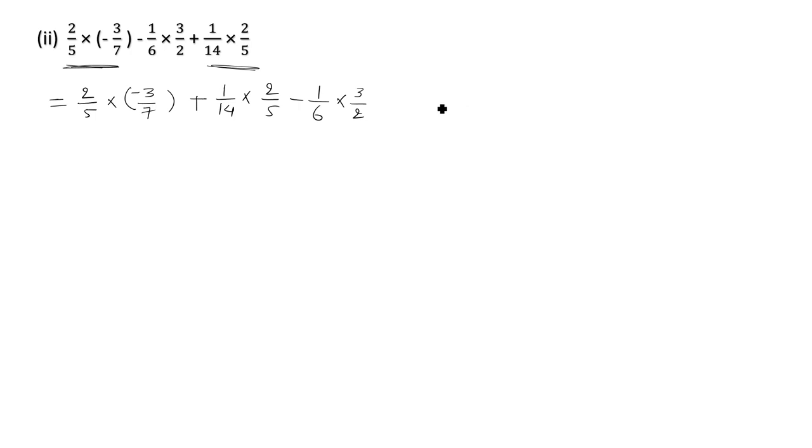Changing the order means, which property do we use to change the order? That is the commutative property. So we are using the commutative property, so we write commutative property. And what is the commutative property? A plus B equal to B plus A. Here we can change the order. So similarly here, last part we write second, change the order. So that is the commutative property.